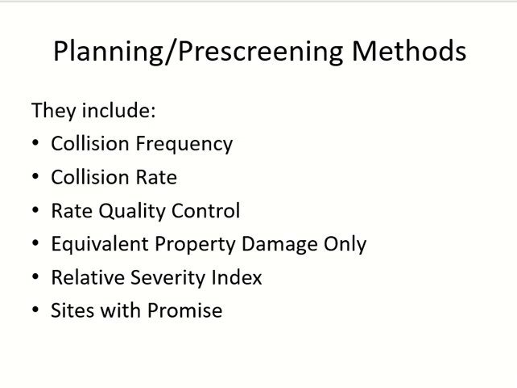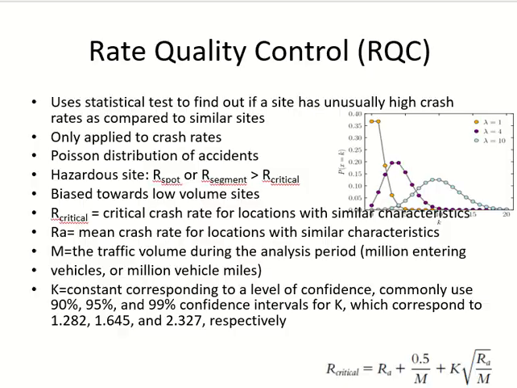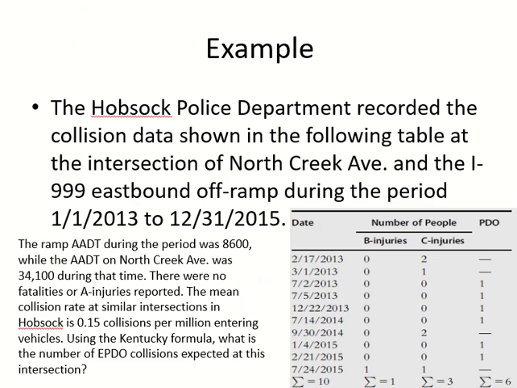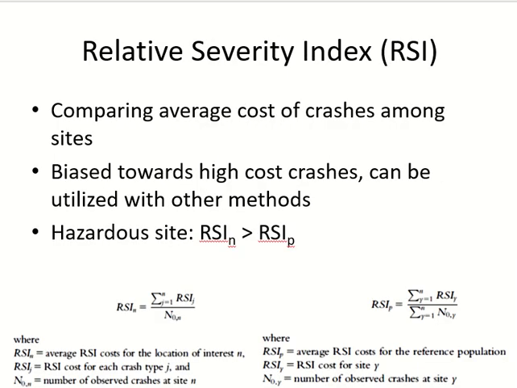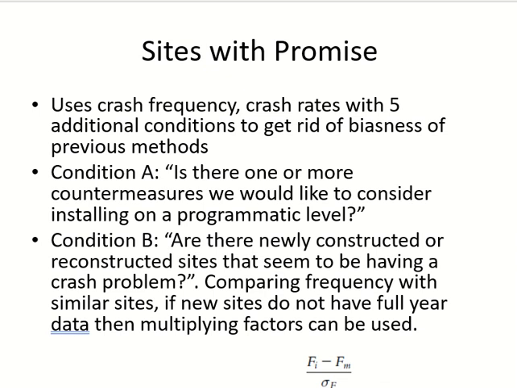Okay, so in all these methods, we have considered one thing at a time. In sites with promise method, we try to combine different things into one method. Okay, so sites with promise method has 5 conditions. So you are looking at the data from 5 different angles. Okay, so the first angle or the first condition is